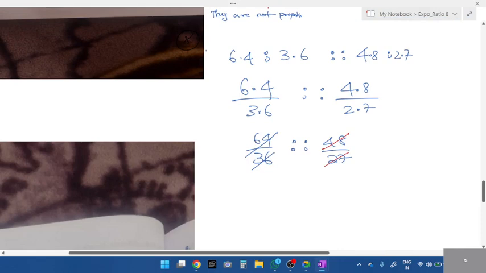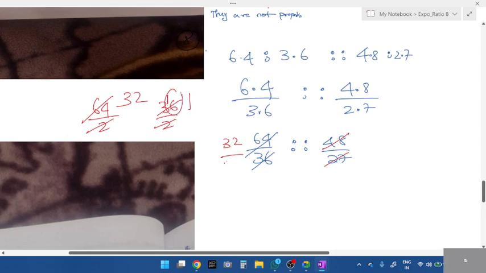Tell me which timetable can we reduce 2 into? See, how do you reduce 64 divided, if you reduce by 2, how do you reduce? 2 threes are 6. That is, what is 32 divided by